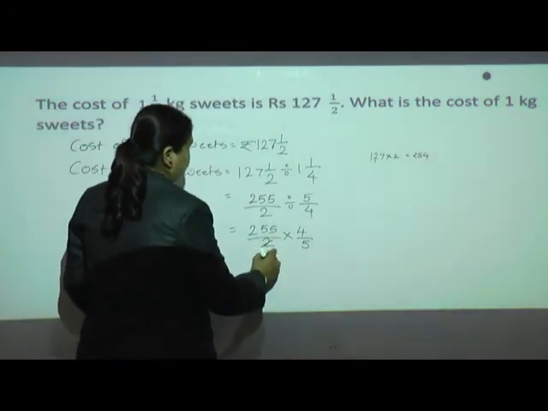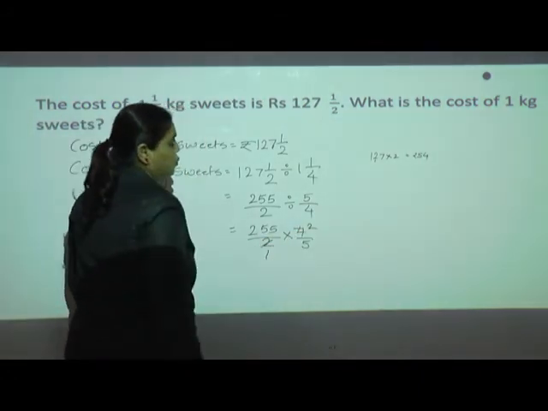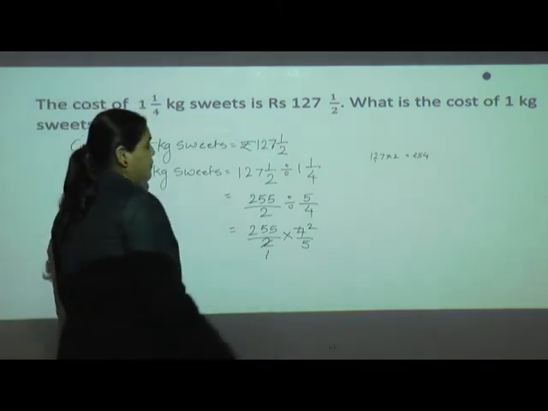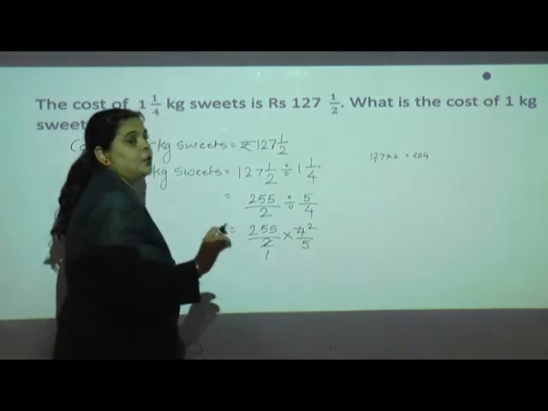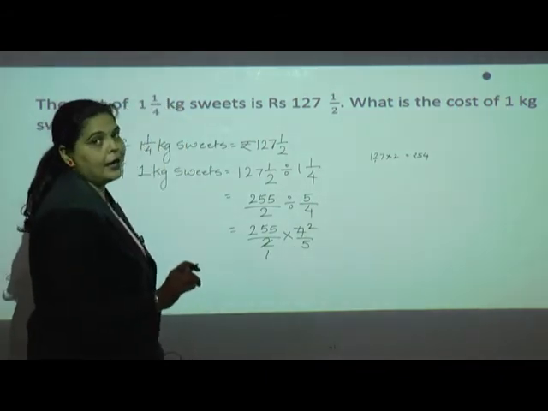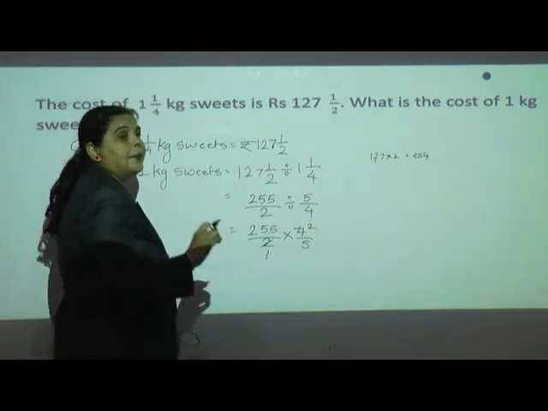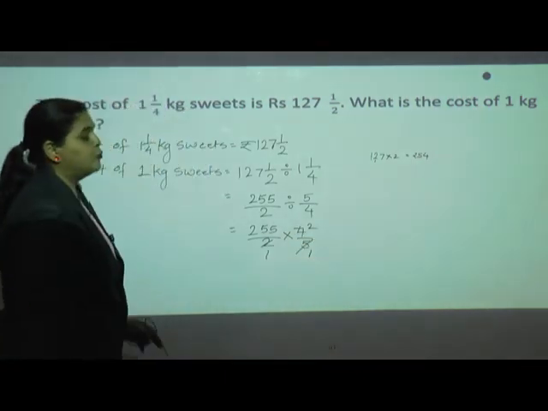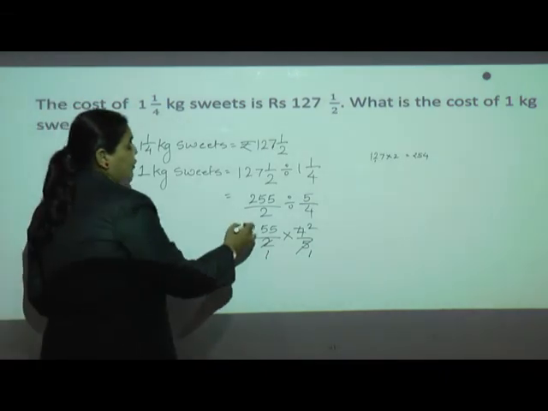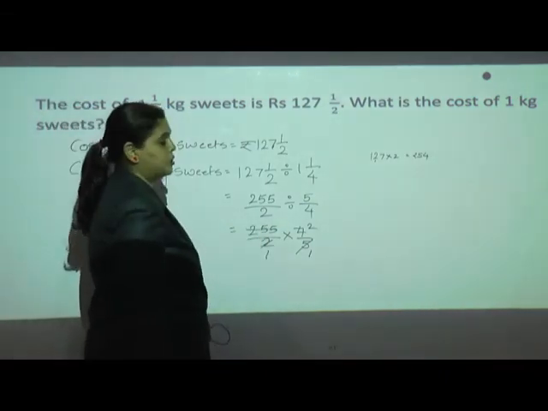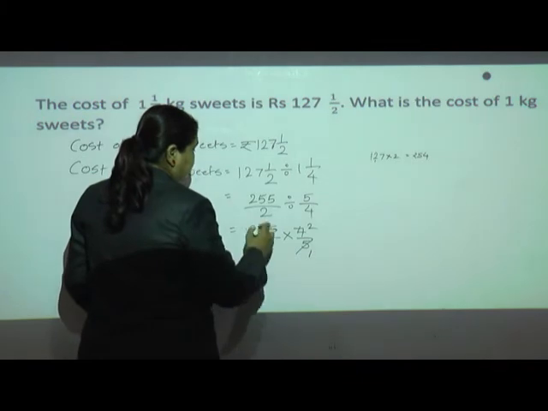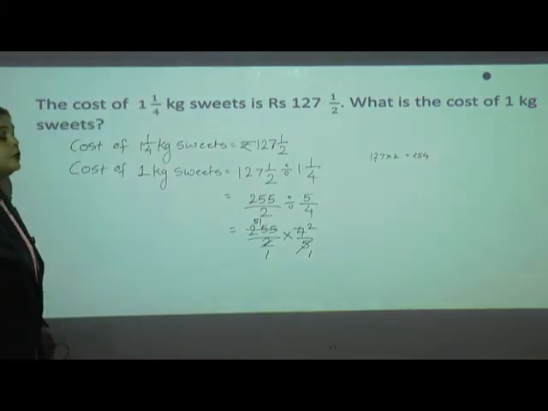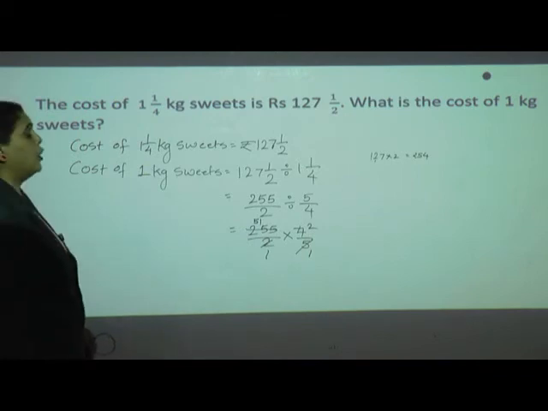Yes, it is possible. Here are 2 ones, here are 2 twos. Use the divisibility rule. You know the divisibility rule of 5? When in the ones place, or the unit place, there is 0 or 5, that number is completely divisible by 5. So here 5 ones are 5. I am showing this because now you can do it directly, as we have done many questions related to this. 5 fives are 25 and 5 ones are 5.